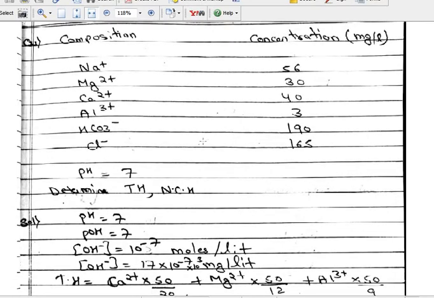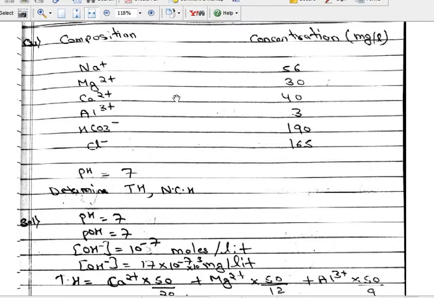See this one. This question once came in GATE, so that is why I have included it here. On the left hand side, you can see sodium ion, magnesium ion, calcium ion, aluminum ion, bicarbonate, and chloride. So 2 anions and 4 cations, and their concentrations are given on the right hand side in mg per liter.